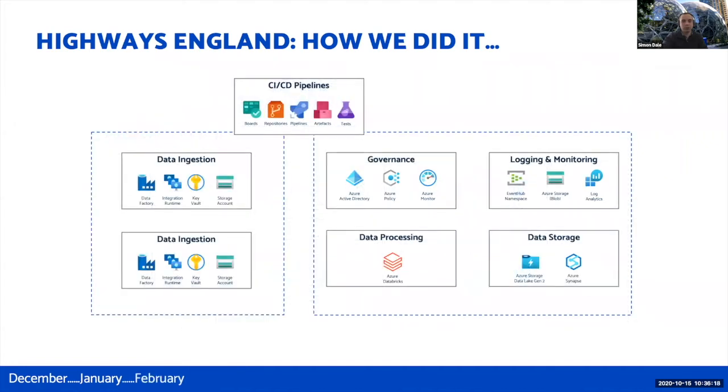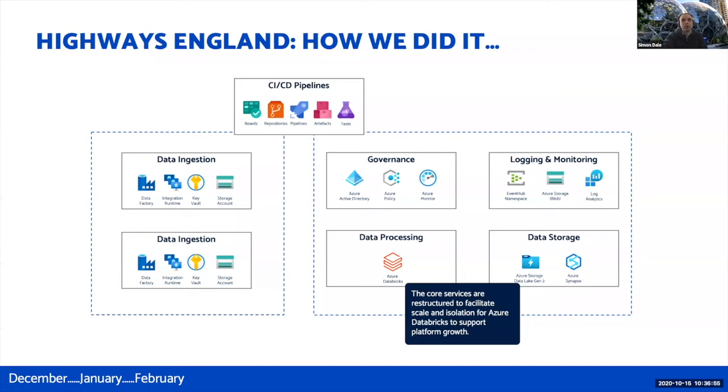So if we move on into February, we started to scale at this point, bringing more data sources into that first pipeline, but also bringing additional data pipelines into the platform as well. And the key for making this work was having a configurable way of specifying those data landing zones and the data ingestion pipeline. So we defined a configuration file, and we used that to parameterize the different templates.